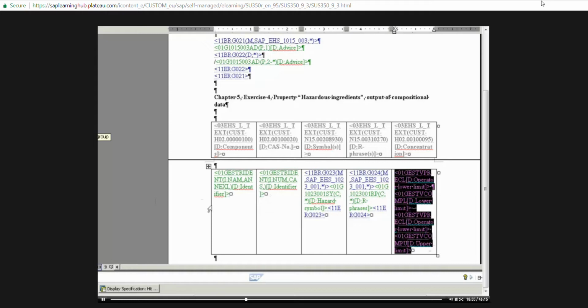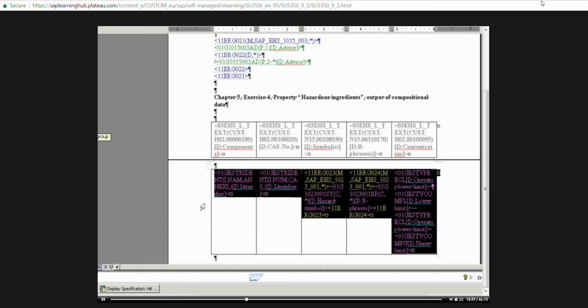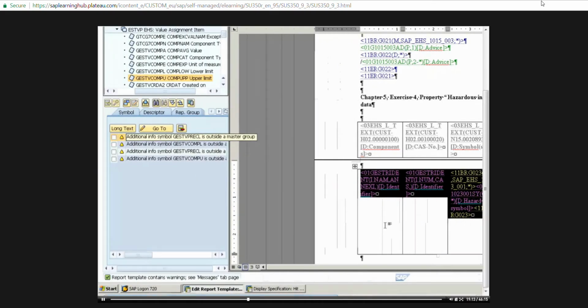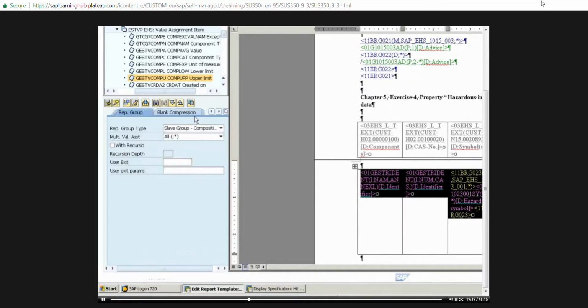First, since we are interested in data pertaining to the components of hazardous ingredients, which is a composition, we need to include the row, the whole row, in a slave group. So we select the row and we click on repeating group on the repeating group tab and select slave group